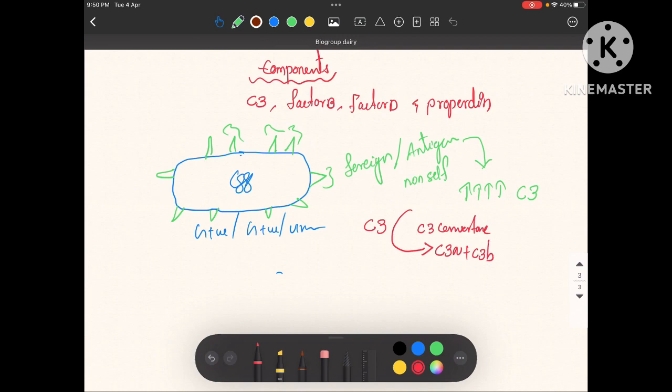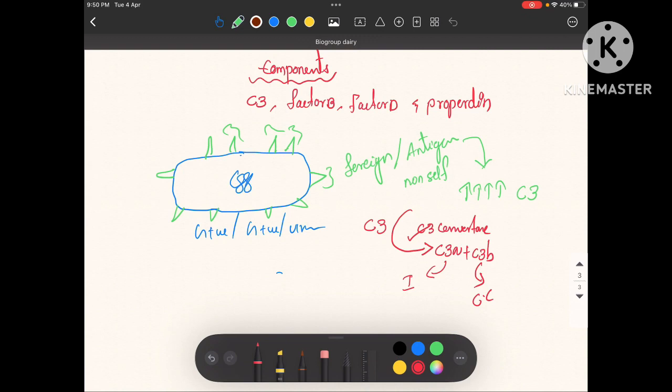The C3a is an inflammatory molecule which diffuses away, and C3b participates in the classical cascade of complement activation. So the C3 convertase enzyme is essential in the classical pathway, but in the case of the alternative pathway,